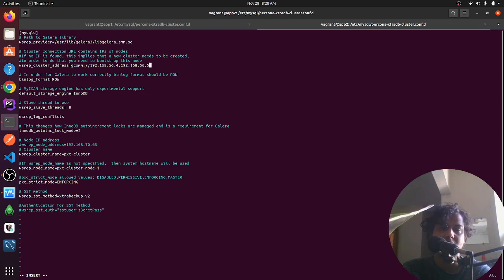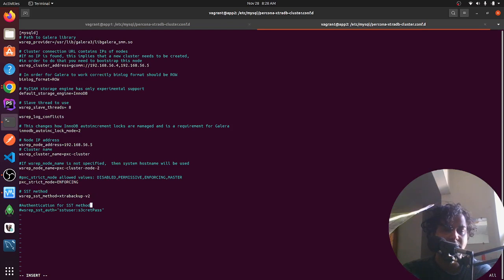These are the cluster URLs, this one for node 1, this one for node 2. Now all I have to do in the same way is edit the wsrep node address, 56.5, and the cluster name will be the same,